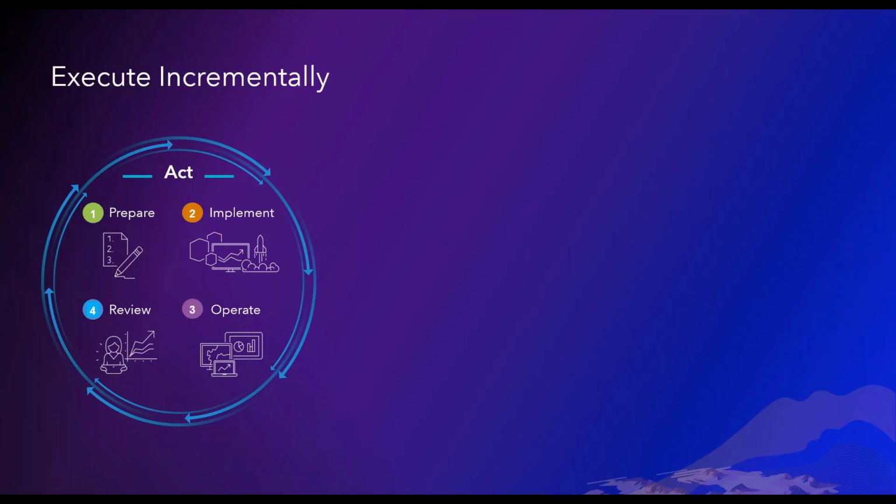In the act phase, you launch a series of implementation cycles for each of your activities based on your roadmap. The point of these cycles is to continuously deliver value and improvement so that you can easily measure your progress and the impact GIS is having on your business. Each cycle follows 4 distinct steps: prepare,